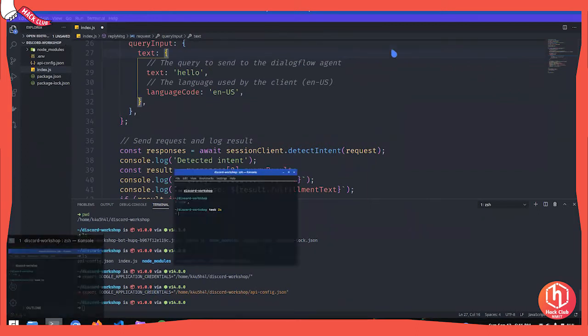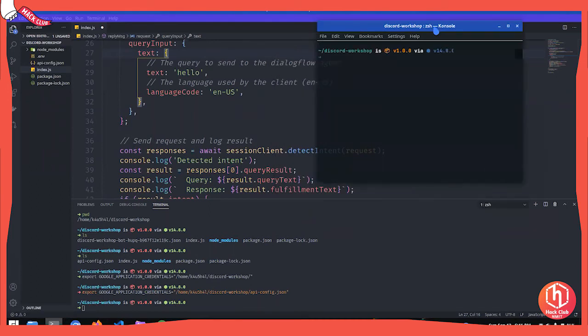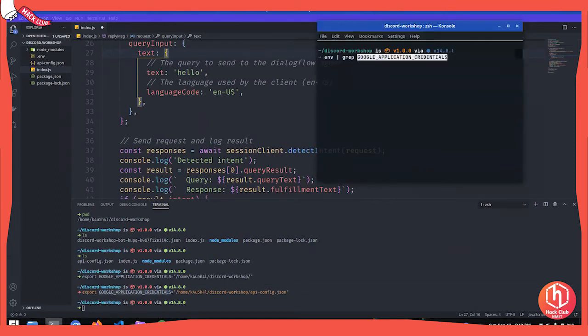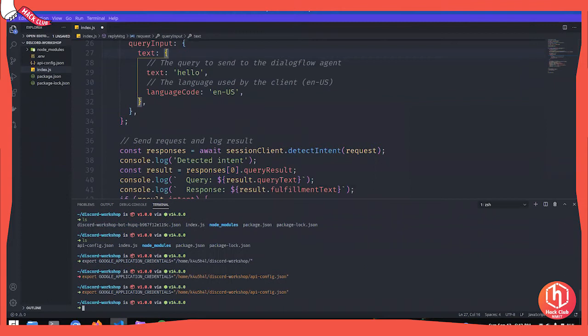If you're on Linux like me, and you want to check if your credentials are actually there in an environment variable or not, you have a neat little trick. You can type env and then a pipe character, the or symbol you use in your programming, and then type grep, and then your environment variable name, which is GOOGLE_APPLICATION_CREDENTIALS. All right, so copy that and paste it here. So now if you hit enter, one second. You have to type it here itself, env, pipe, grep.